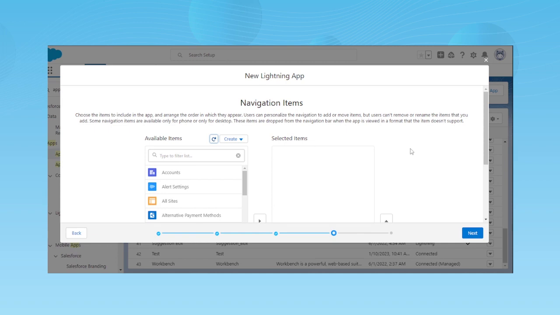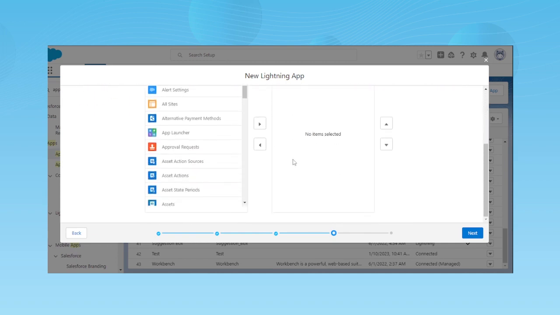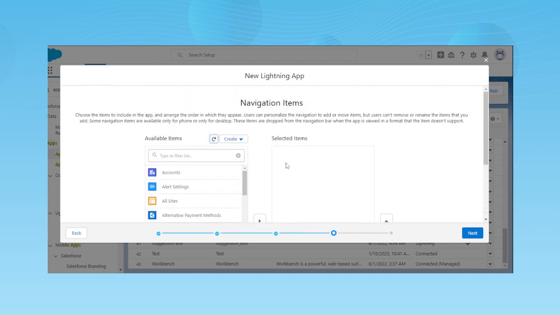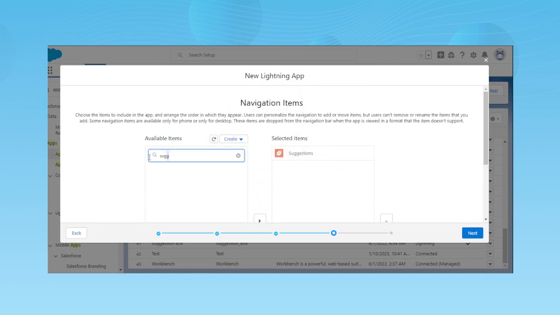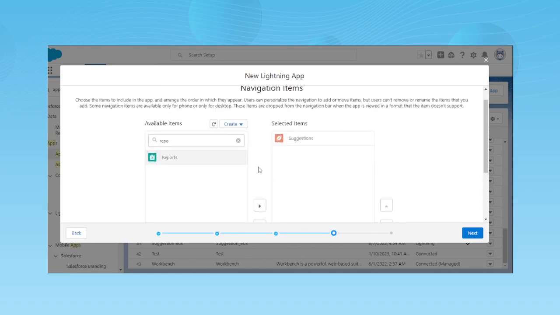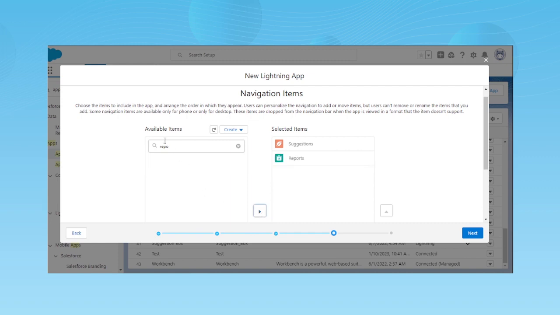Now the main thing is which object you want to show in your application. First of all, I'm going to add the object which I already created, a custom object. And then I'm going to add reports, which is a standard object. Then dashboards,